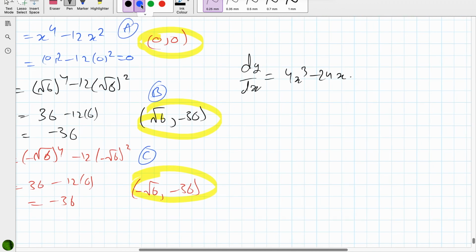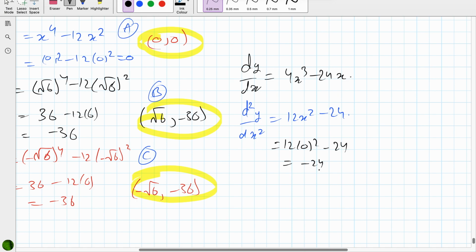Now when you go for the double derivative, d square y over dx square is 12x square minus 24. Now I'm going to check for A, B and C one by one. When x is 0,